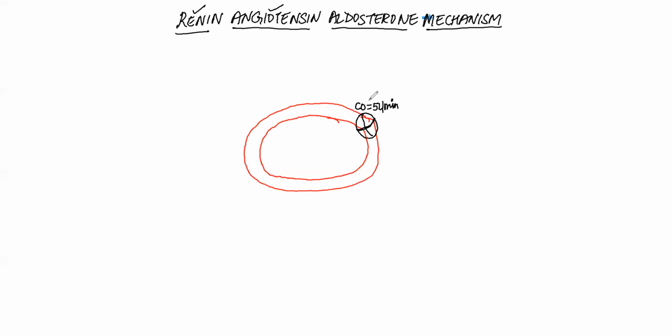So now we'll study the anatomy of the nephrons with respect to the renin angiotensin aldosterone mechanism. So let us draw the nephron. Imagine this is your proximal convoluted tubule. This is the descending limb of the loop of Henle, then this is the ascending limb of the loop of Henle,